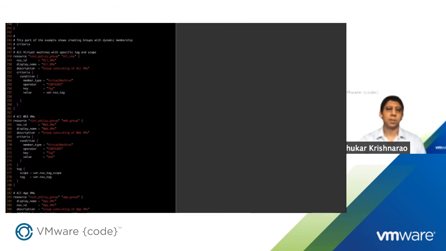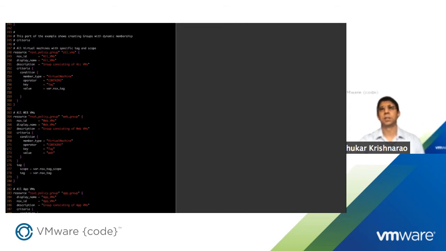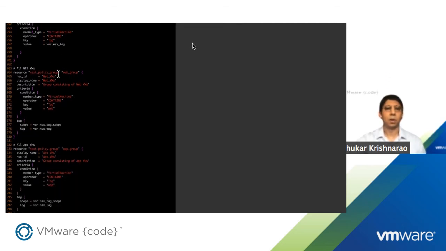The next step is creating different groups. I mentioned I want to create different dynamic groups so that I can use them in my firewall rules. So I have a group that encompasses all of the VMs. This is just so that if I want to search for it, or if I want to enable certain DFW rules common to all VMs, it just gets easier this way. Then I'm grouping all my VMs with the tag web as a web group. This is how I am going to